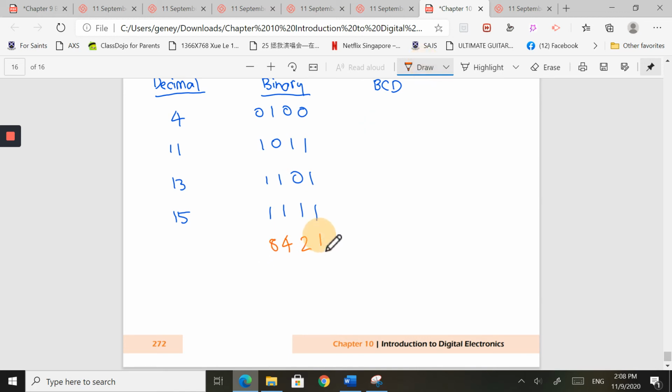Instead of 8421, you notice the pattern is that 1 times 2 is 2, 2 times 2 is 4, 4 times 2 is 8, 8 times 2 is 16, 16 times 2 is 32, 32 times 2 is 64, 64 times 2 is 128. So again, I'm working in 4 bits. And if I want,